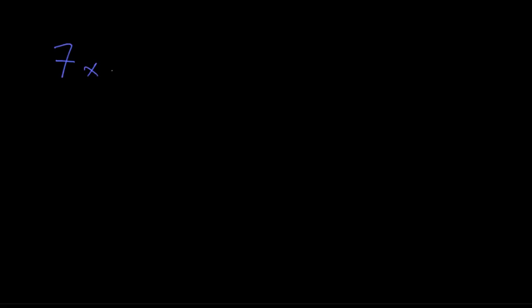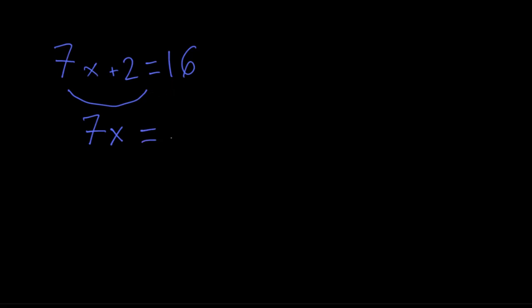7x plus 2 is equal to 16. Remember, we have to bring all the numbers to one side and all the variables to the other. So that way we can subtract 2 from each side. So from this side it's 7x plus 2 minus 2 is equal to 7x, and doing